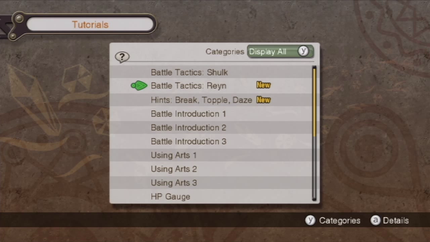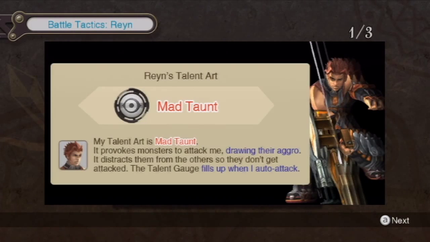So yeah, depending on the arts and whatnot, it'll just draw more aggro to you. And Reyn right here is pretty much the tank right now. So his thing is Mad Taunt, so when he uses his talent art, he draws aggro and fills up when